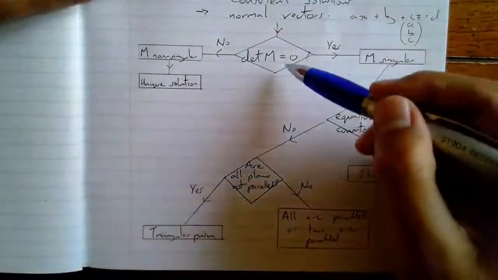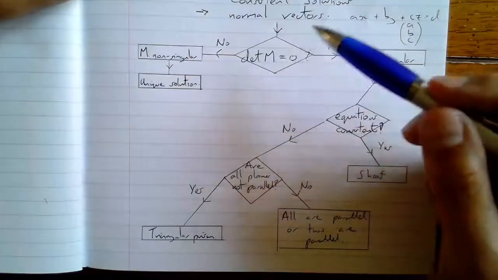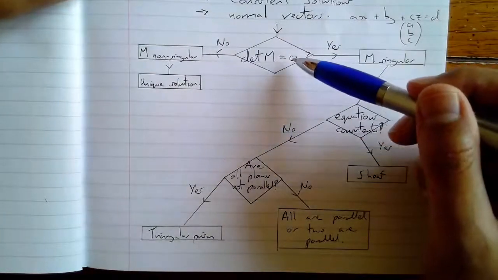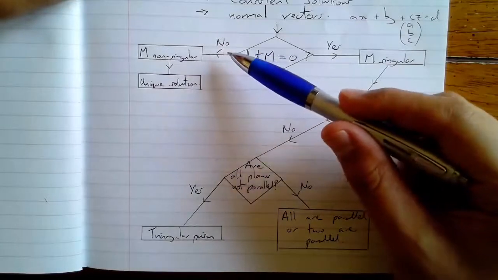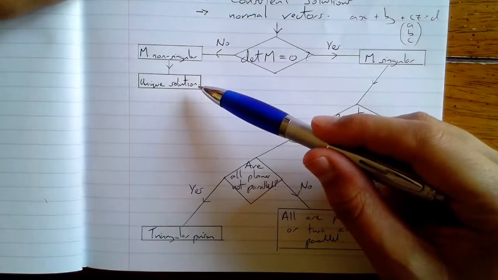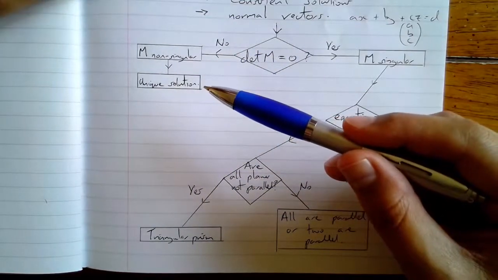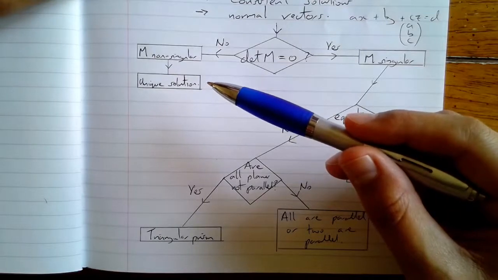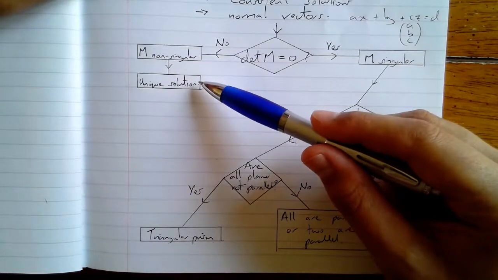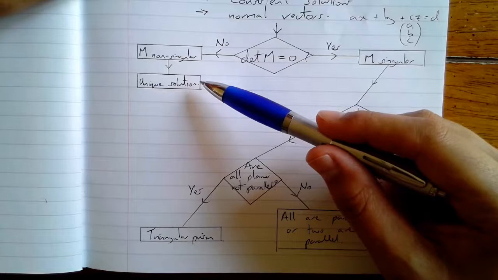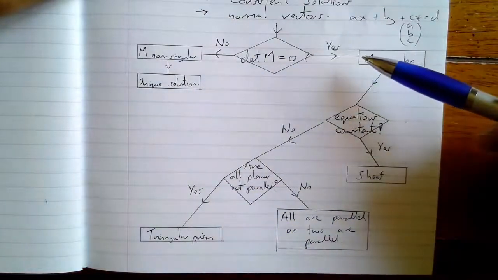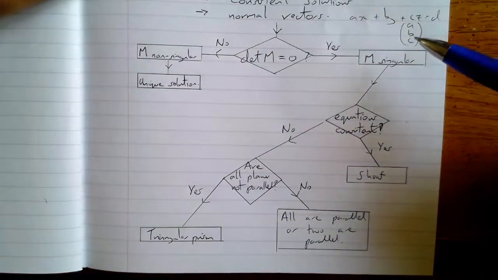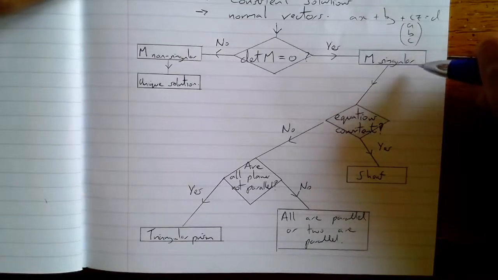So you check if the determinant of that matrix is 0. If it's not 0, that means M is non-singular and there is a unique solution. So the planes meet at a single point, they're all at right angles to each other. That's the simple variety. If it is equal to 0, then M is singular,